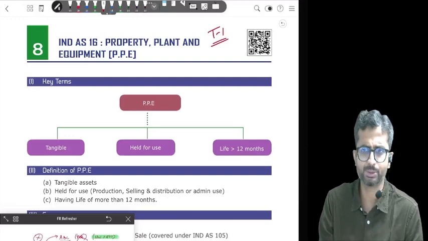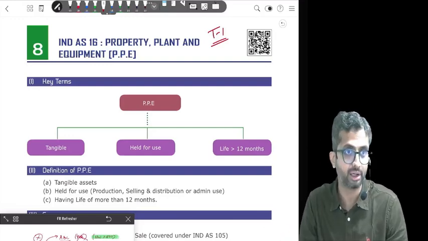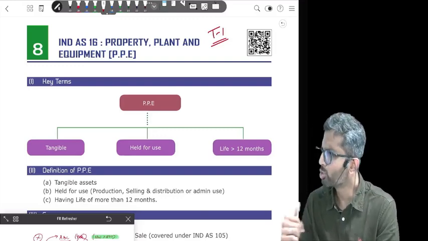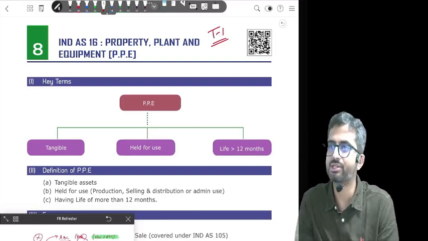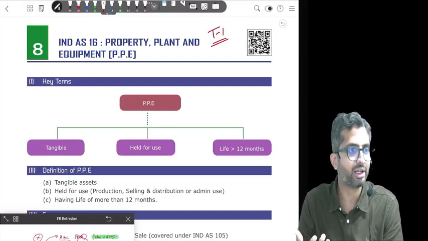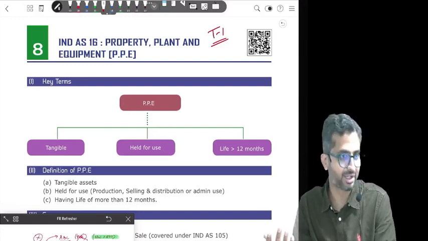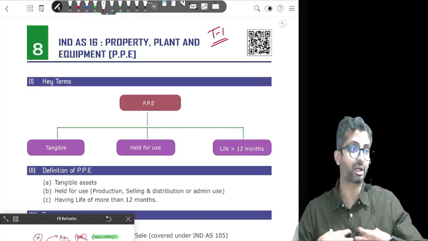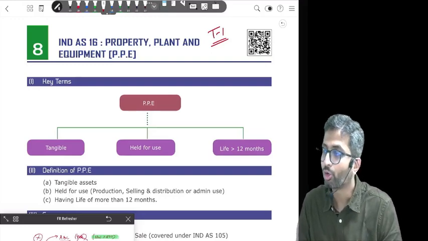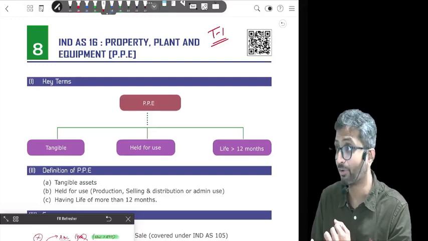Also, there will be something going further where this life comes into play. From a student perspective, this is it. But from a practical perspective, you also look at materiality. For example, you look at a calculator. Do we use a calculator, or are we in the business of selling calculators? Use. Usually you are also a little emotionally attached to your calculator. I mean, you probably have been using it for some time. So now when we look at a calculator, the calculator is held for use. So do we capitalize it along with PPE? Technically, yes, it has a life of more than 12 months.